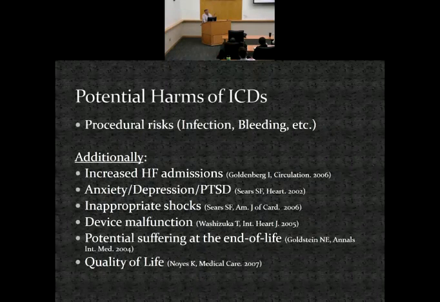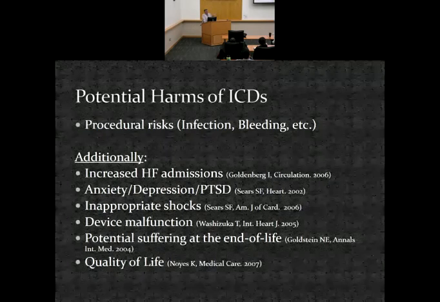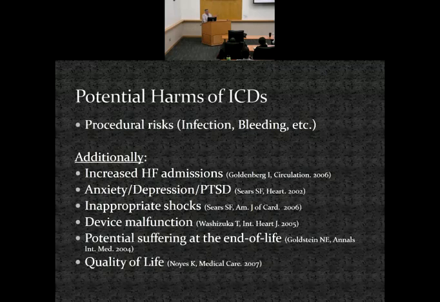And that's also, as defibrillators have gotten more common, become a little less frequent because hospices are more aware of them. But it's an easy thing to forget where you send somebody to hospice for, say, metastatic cancer, and the hospice nurse sees a pacemaker on the chart, or the family thinks this is a pacemaker because they don't know it's a defibrillator. And then the patient's dying and the family's standing vigilant and they start getting shocked. I'm not sure if medicine gets much worse than that, to be really honest.